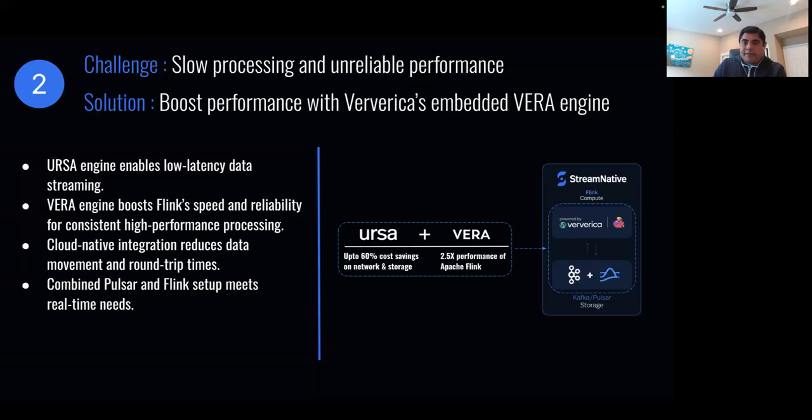So what we've done here is continue to leverage the best of the engines: Flink, which is from Ververica, alongside StreamNative's Ursa. In case you've not heard about Ursa, I'm happy to cover that separately in other sessions. But essentially, that's our core newly launched premium engine, which offers a lot of value-added capabilities and deployment options to reduce your infrastructure and data storage costs, right? Now, what we've done is bring together our premium engine, Ursa, along with Vera, which is from Ververica, to offer a massive performance gain for our customers.